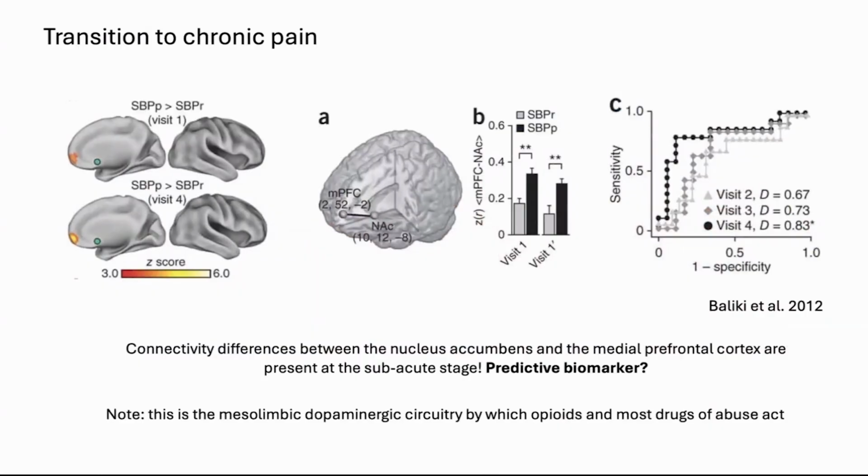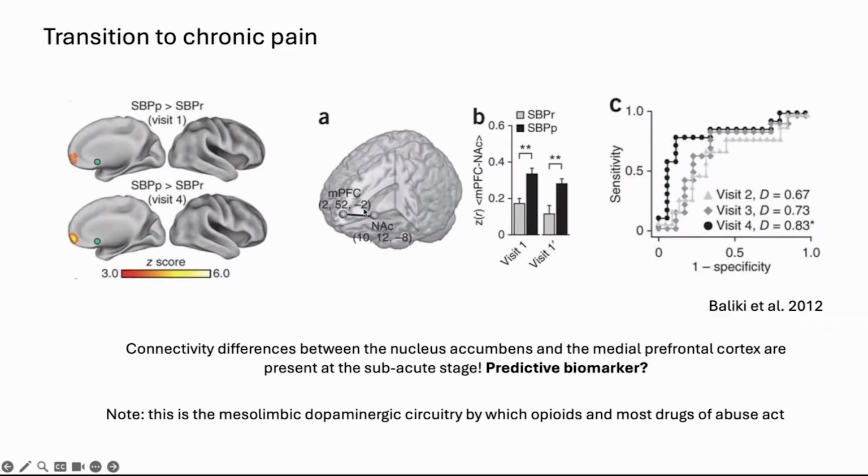So in this same longitudinal study that I just presented, the authors also asked a different question. Can we, based on brain properties from the first scan, collected 1 or 2 months after pain onset, predict which patients are going to develop chronic pain 1 year later? So what the authors did was they looked at how different brain regions were communicating with each other and tried to see if, based on that, they could predict whether patients were going to recover or persist in their pain 1 year later.